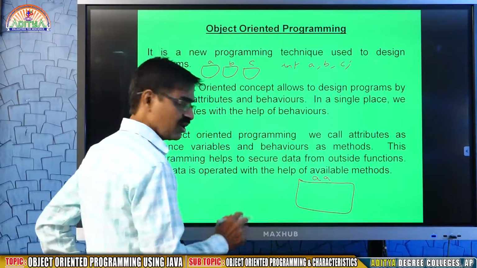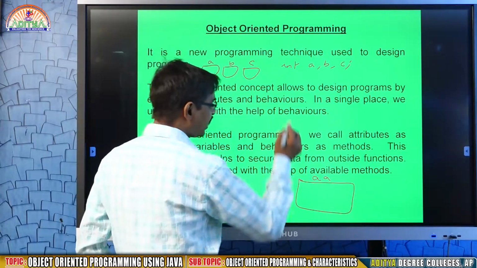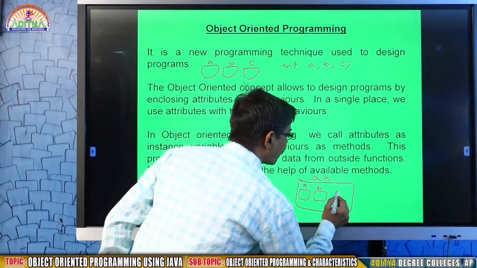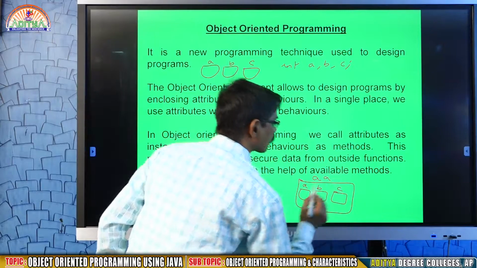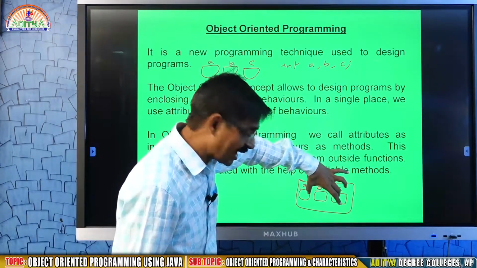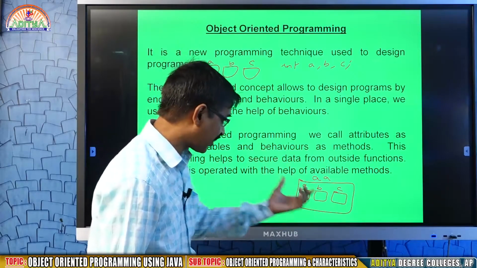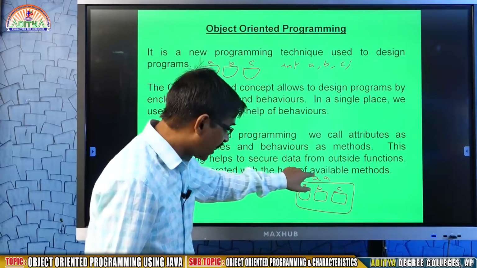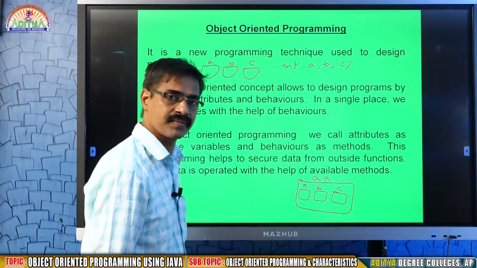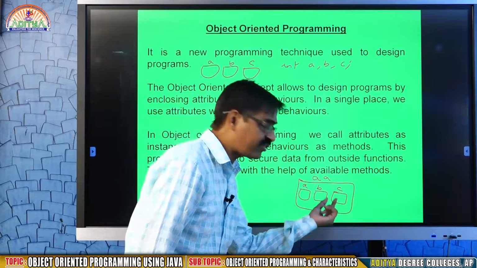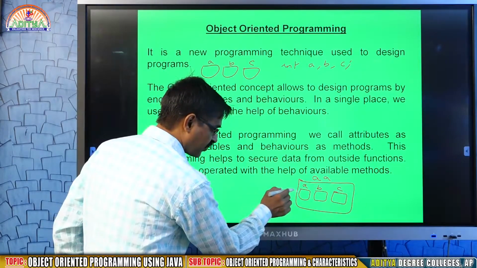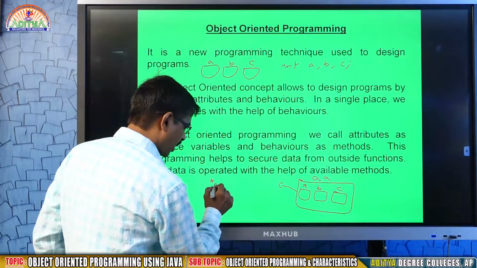In AA we are collecting A, B and C. So it means they are encapsulated inside the object. Here AA is called the object, inside AA we combined A, B, C. Here A, B, C are called member variables.